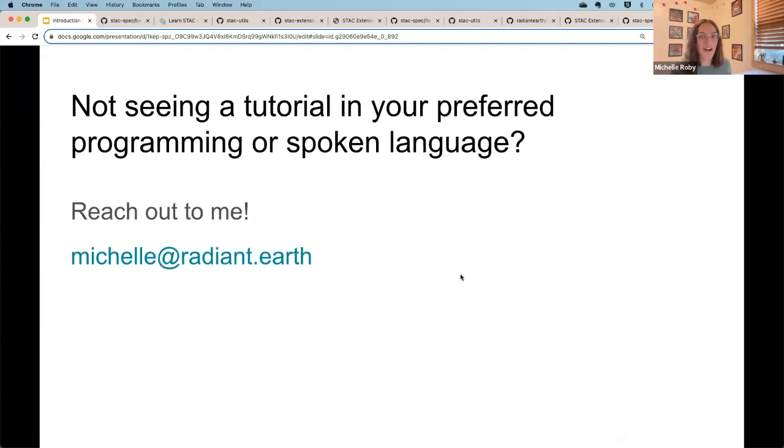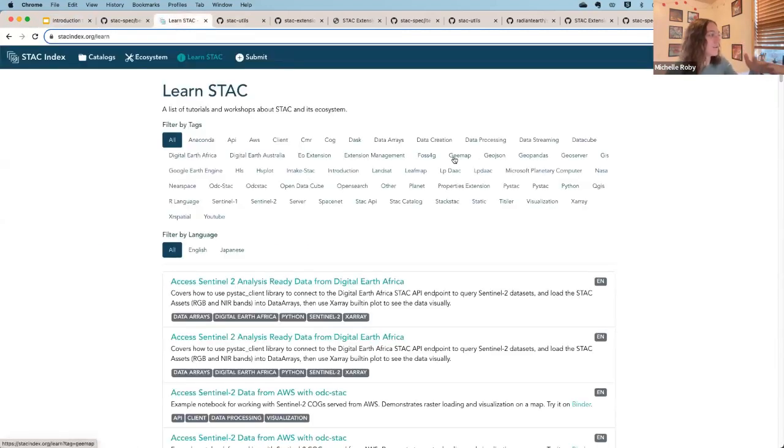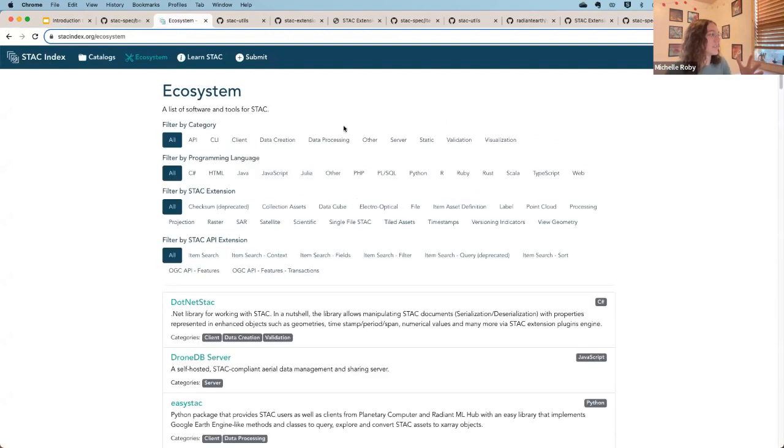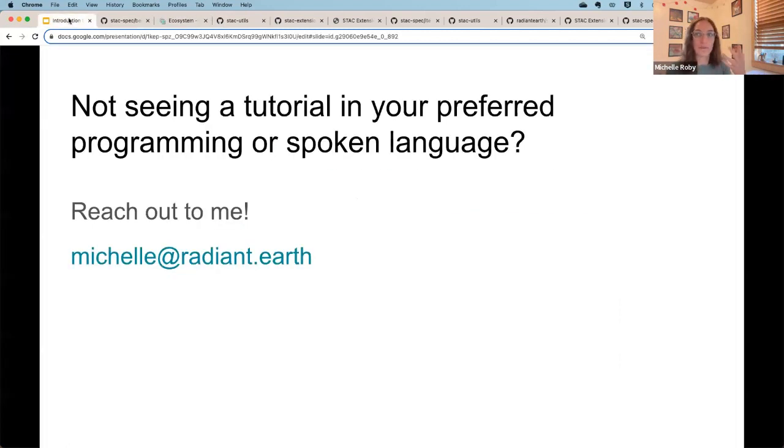And just to finish it off, if you are looking through that STAC index, those lists of tools, and you click through and realize that within the ecosystem there's not a tool that you want, or there's not a tutorial that you need for whatever programming language you work in, or spoken language that you work in, reach out to me.